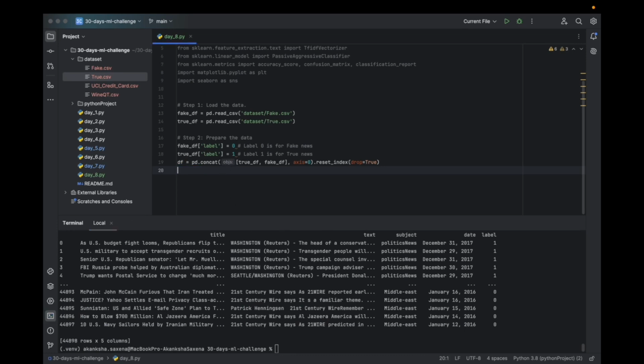Okay, so this is the data frame that we have created. Now step 3 is to pre-process the data, and first we are going to create